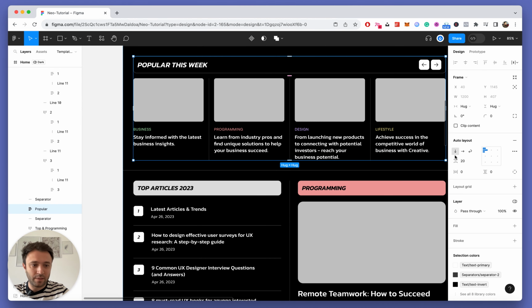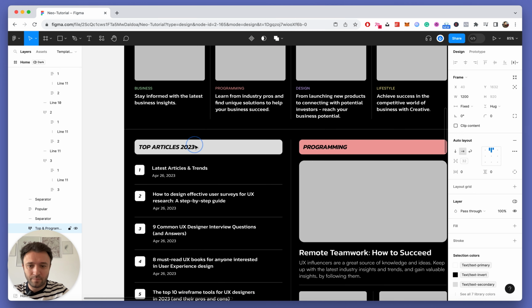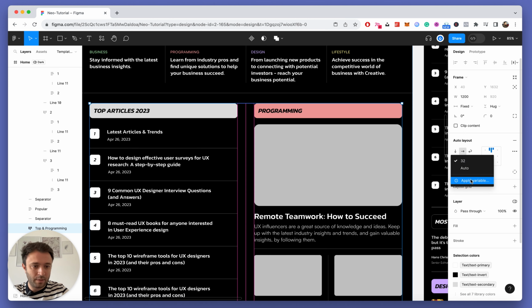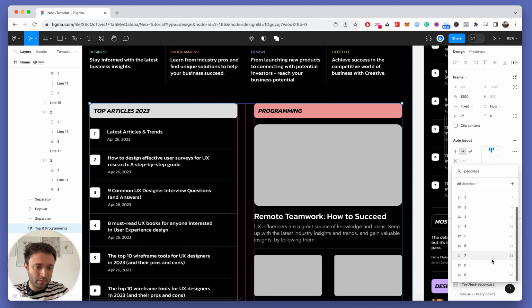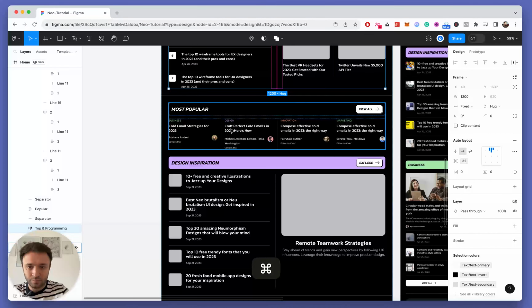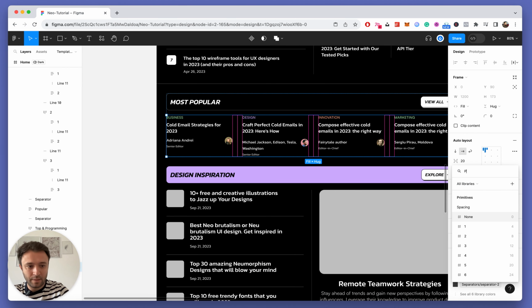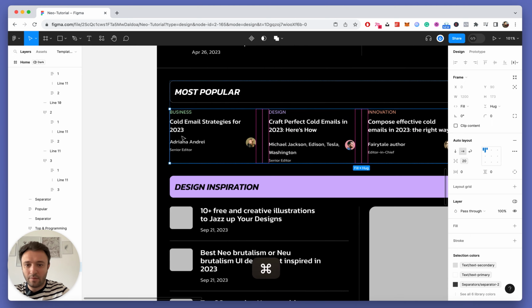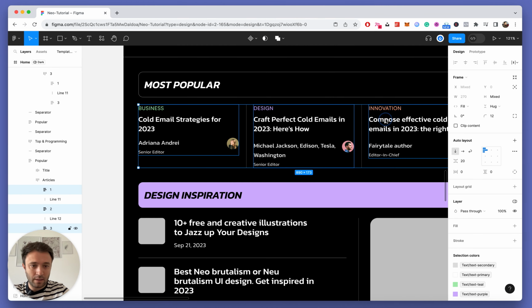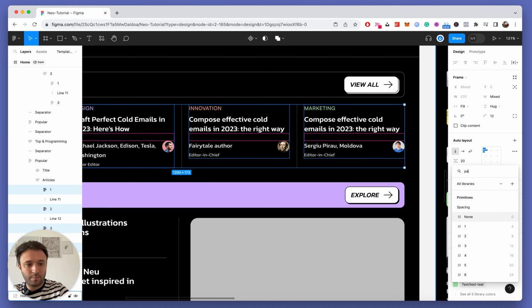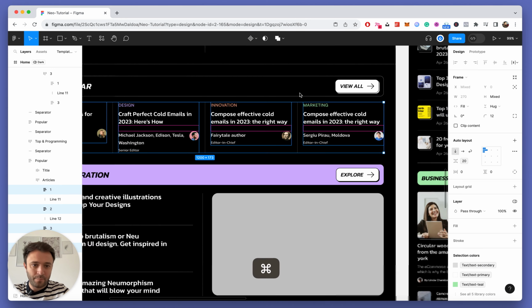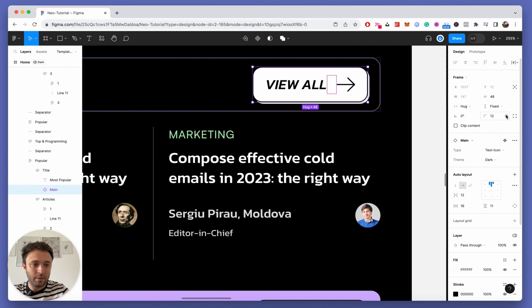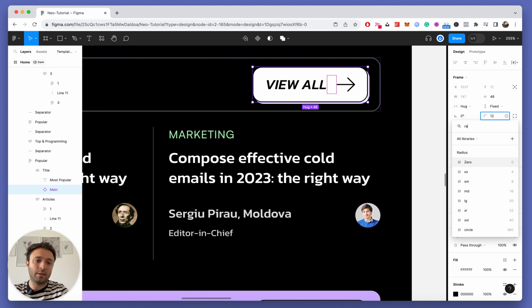Let's create a variable here as well. So we have paddings, we have 5. Here the gap is 32 again. Here is again 5, padding 5, and now this is how you do it. Again, padding, choose 5. Let's apply a variable to this one, and let's click a radius, and let's choose again